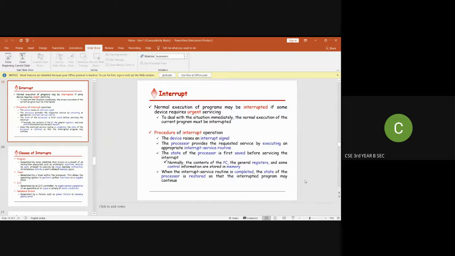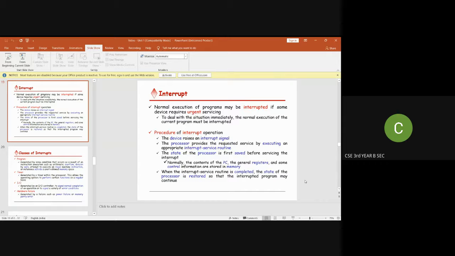To deal with this situation immediately, the normal execution of the current program must be interrupted, which means the current state of the execution is stored in some place, and we have to provide a service to the particular device which has raised an interrupt signal. And after completing the interrupt service, it should resume the normal execution of the program,